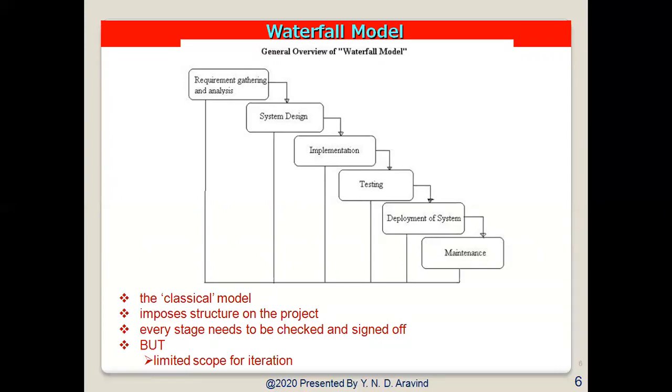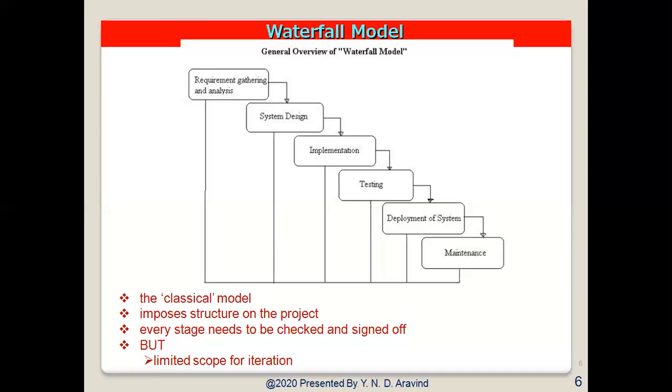Here this plan emphasizes time scheduling, targets, dates, budget, and implementation of the entire system at one time. Tight control is maintained over the life of the project through the use of extensive written documents, as well as formal reviews and approvals by the user and the information technology management occurring at the end of most phases before going to the next phase.